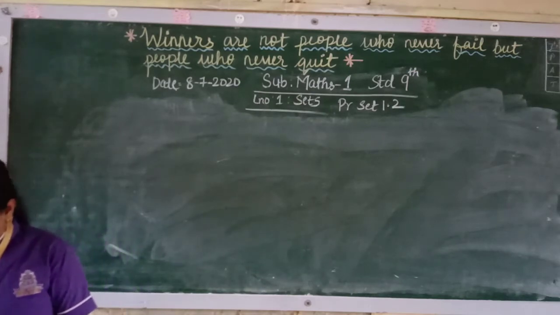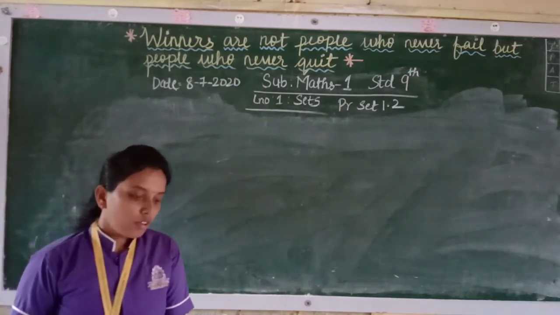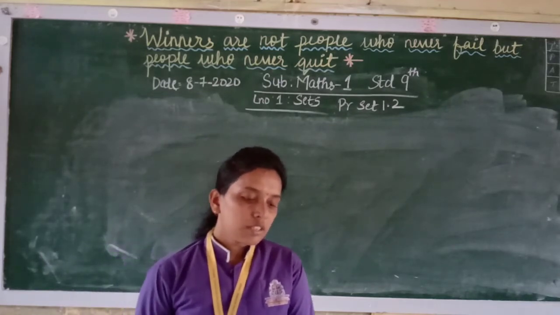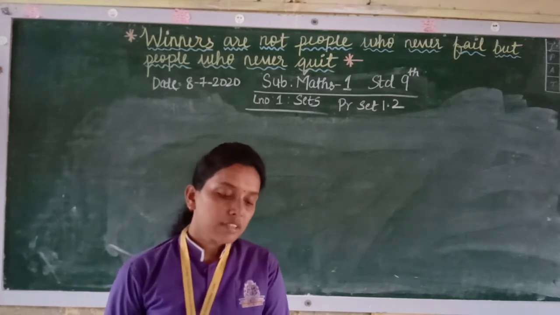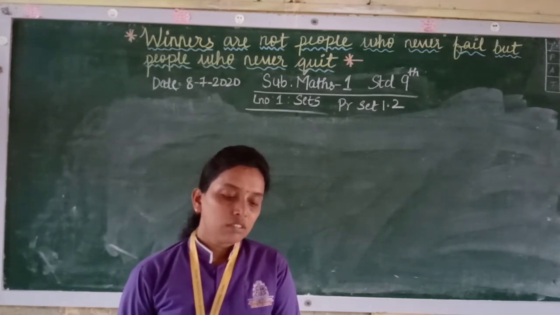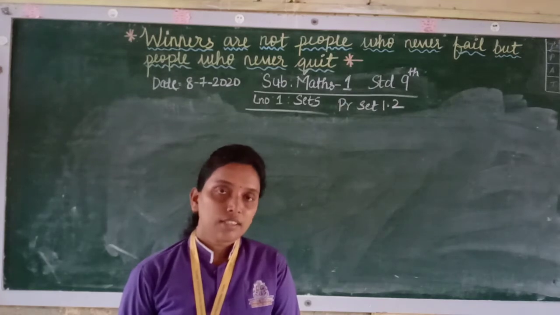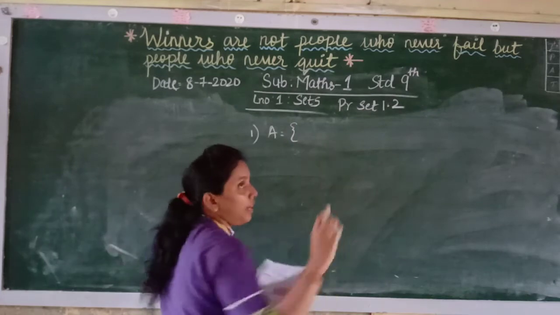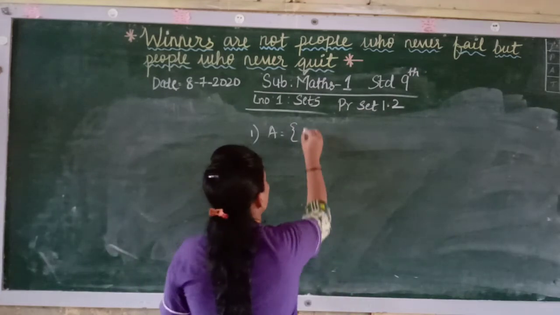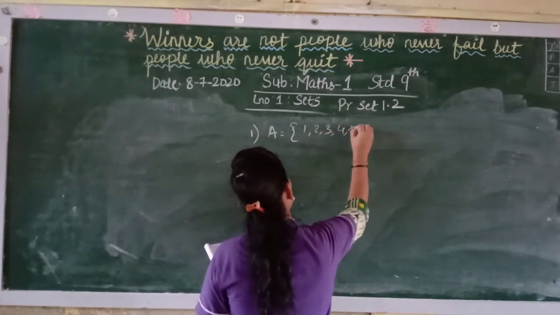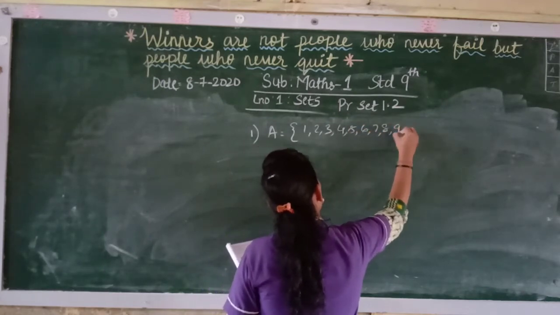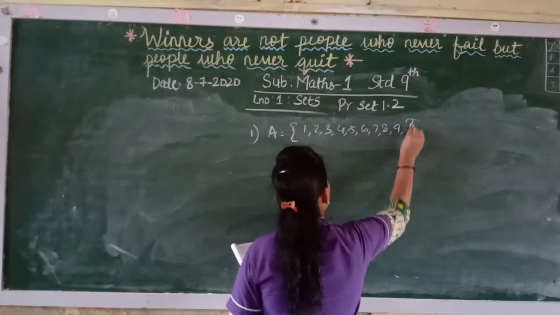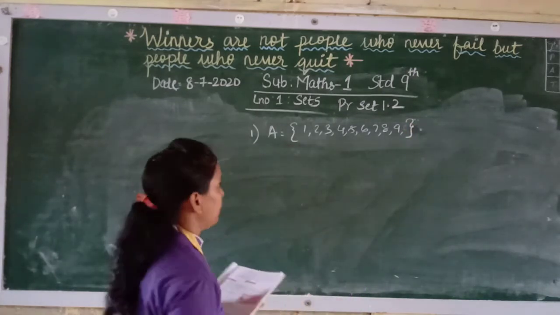Now see the fourth one. Write with reason which of the following are finite and infinite set. Now see, A is a set of x such that x is less than 10 and x is a natural number. So it is less than 10, so you can write this set. So first one, what it is, less than 10, and natural number starts from 1, so it will come 1, 2, 3, 4, 5, 6, 7, 8, 9 and it is less than 10. So 10 will not come, it is less than 10, so it will come 9.